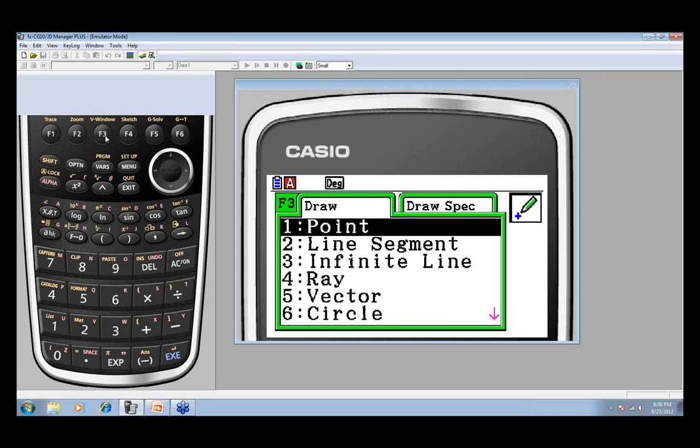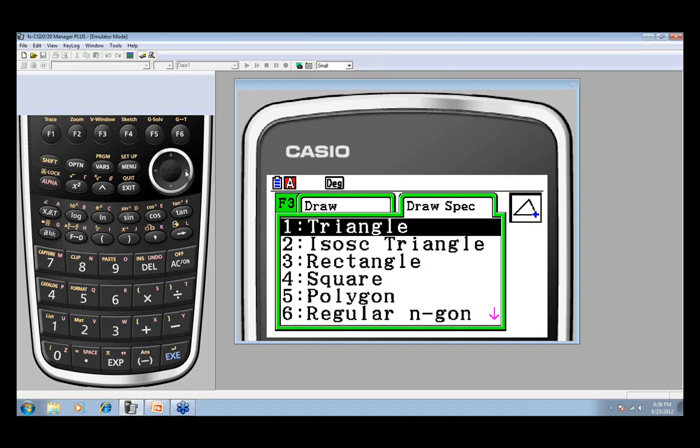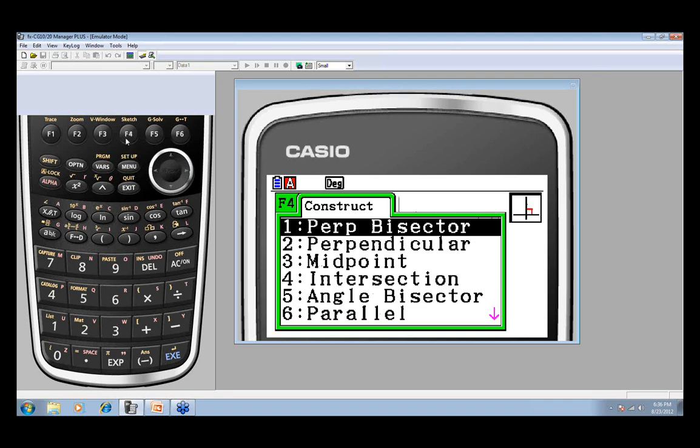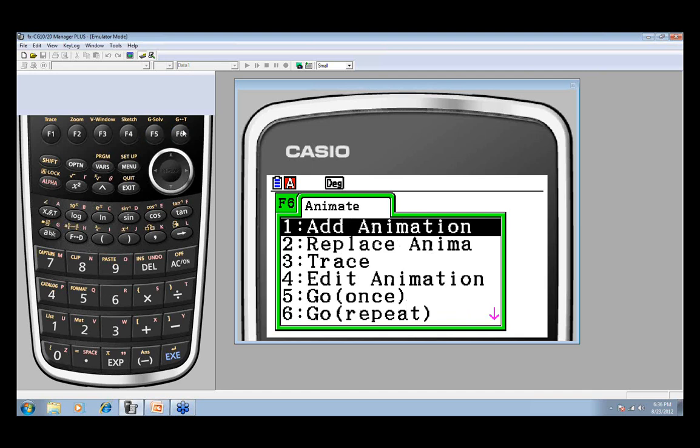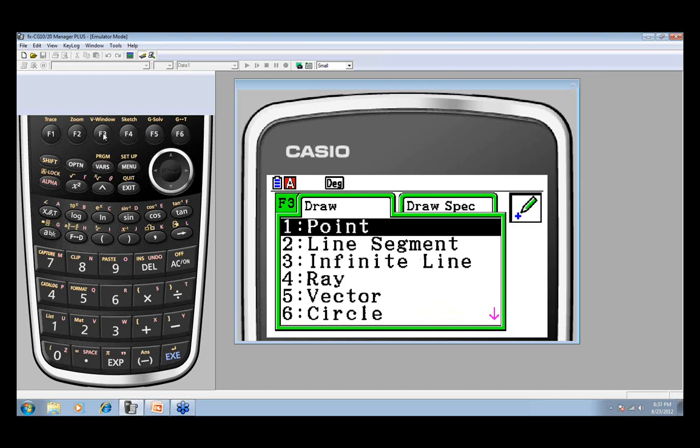F3 is where you actually draw points, lines, all kinds of geometric figures. Draw Special is where you can pull up triangles, isosceles triangles, and different shapes. F4 is what you would use if you were doing constructions of different kinds of segments. F5 is your transformation tab, and F6 is where you go to do animations. Well, what we're going to use right now is F3.